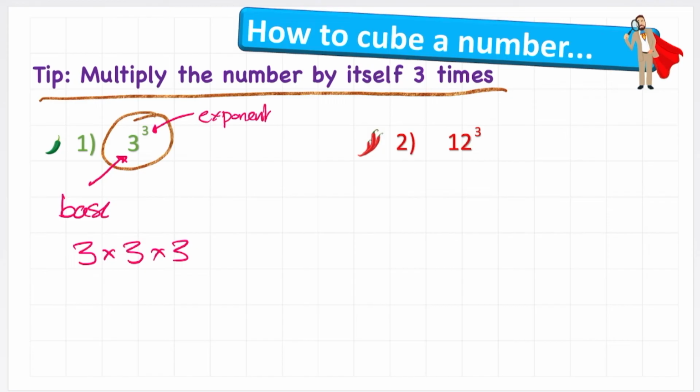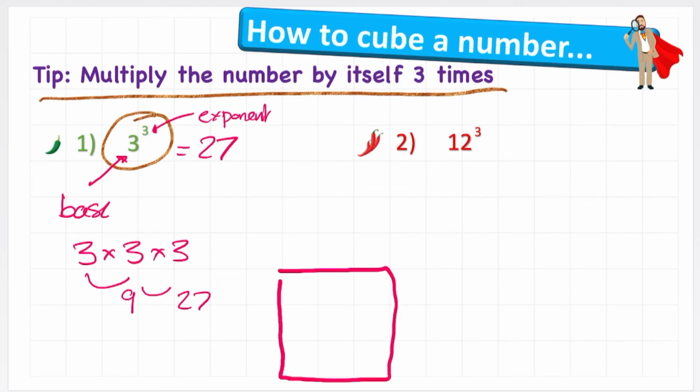And with a small number like this, we can work this out reasonably quickly. We can do 3 times 3, which is 9, and then 9 times 3 is 27. So that's pretty straightforward. 3 cubed equals 27. But I want to take the time to show you why it's 3 cubed and why it's 27 and what it all actually means. So if we draw a cube with a length, a width, and a height of 3,